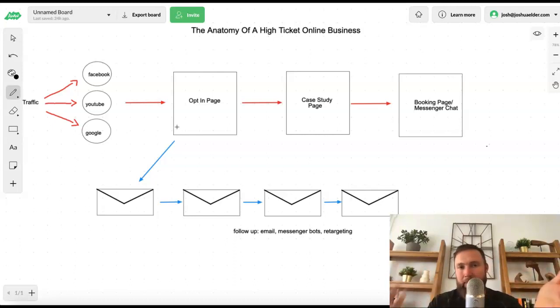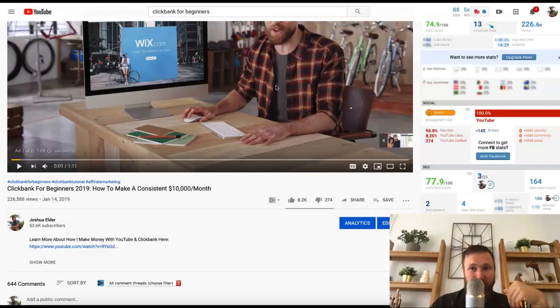If they didn't decide to buy the first time, sometimes it can take a few times, 3, 4, 5 times, and we're actually going to take care of that for you on your behalf. That's why you're seeing these different emails that go out every single day, sending people back to the offer. So once again, every single week, I'm going to release a video. You're going to be able to download the video. I'm going to show you tutorials on exactly how to do this.